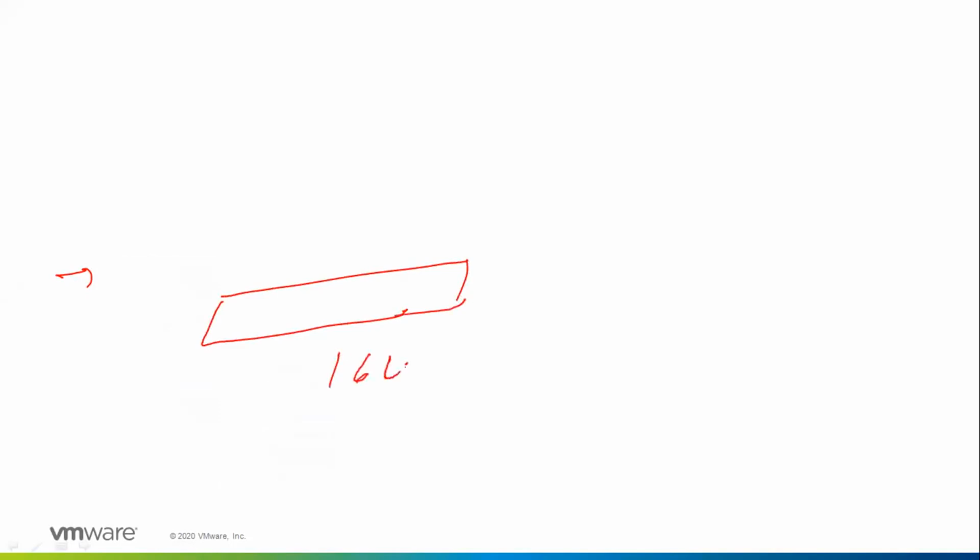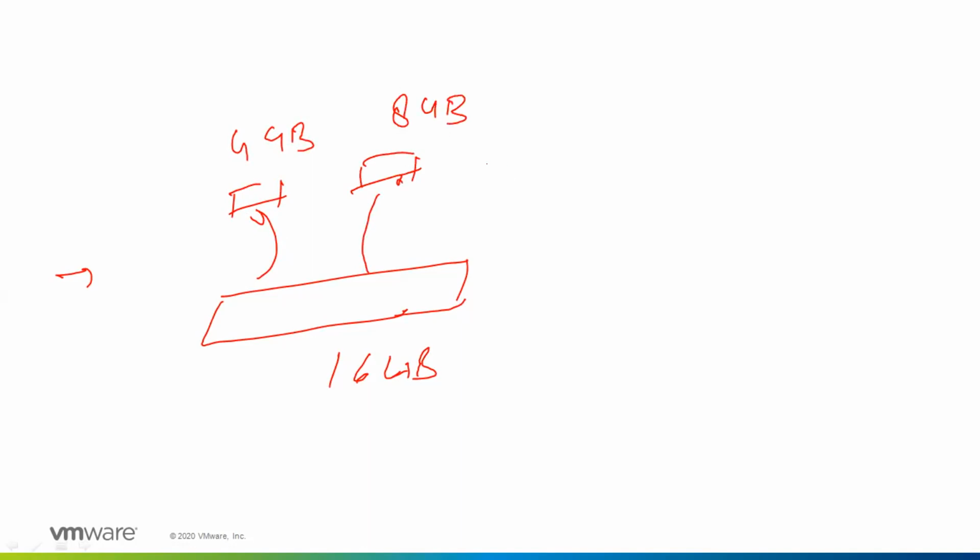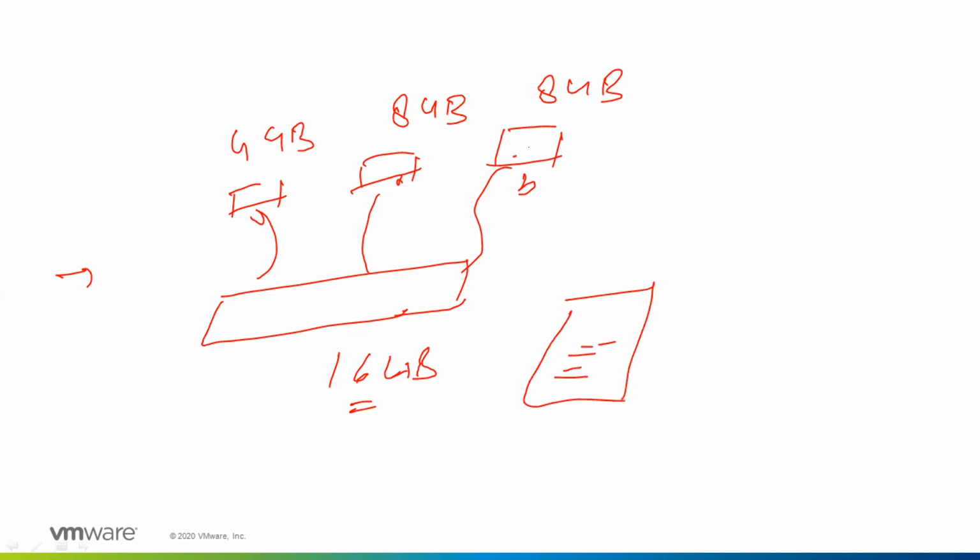Like I have 16 GB RAM available to allocate to my VMs. For one VM, I have allocated 4 GB. To another VM, I have allocated 8 GB. To another VM, again I have allocated 8 GB. For the time being, I feel there is no problem at all. Each VM uses 8 GB not every time, it goes up, down, up, down. Now I came to a situation where